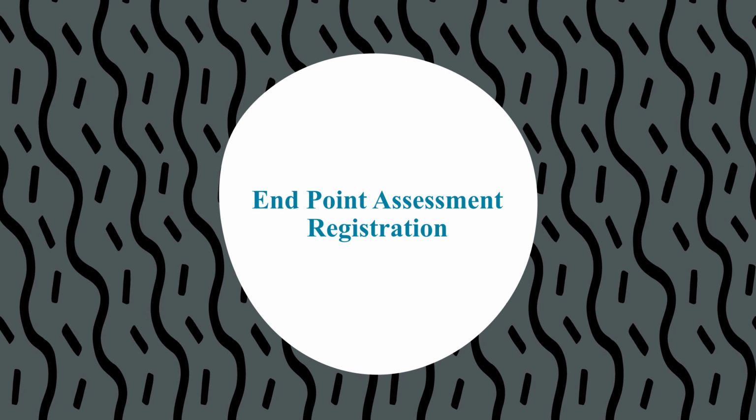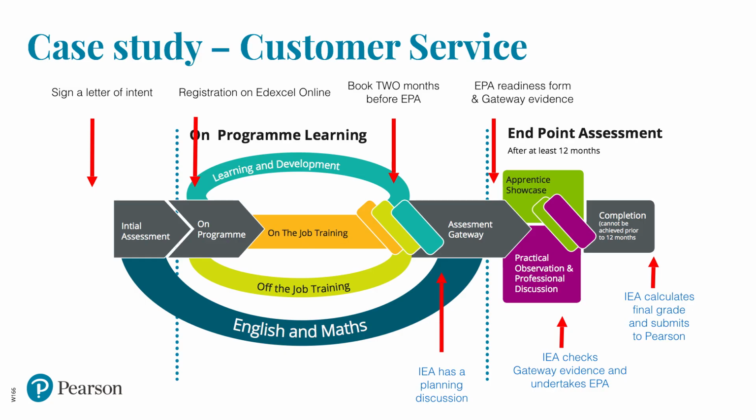the registration process for endpoint assessment using the diagram we spoke about at the beginning. What will happen is at the onset of your program, we anticipate there will be a signed letter of intent, or essentially a contract, not a formal contract, but a letter of intent that determines that yes, we've agreed to work together for endpoint assessment. This is how many apprentices there'll be, and this is the fee for endpoint assessment. And that will be agreed at the onset of the apprenticeship program.